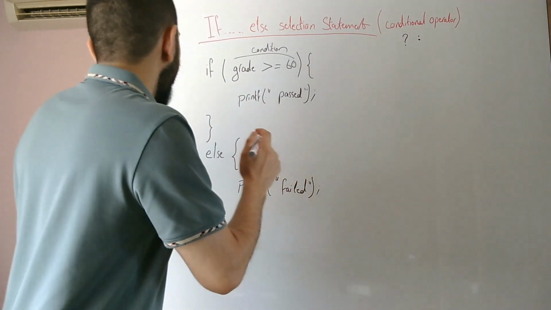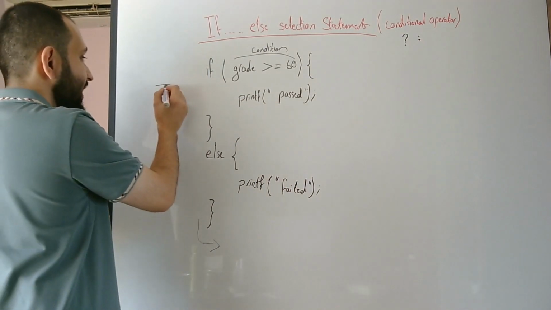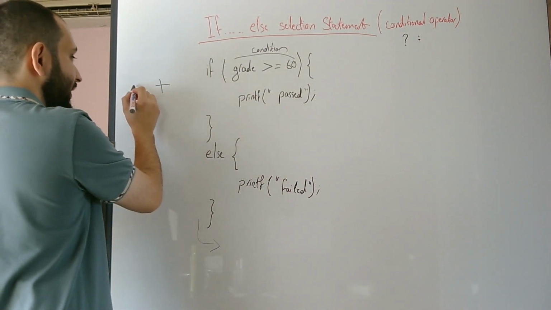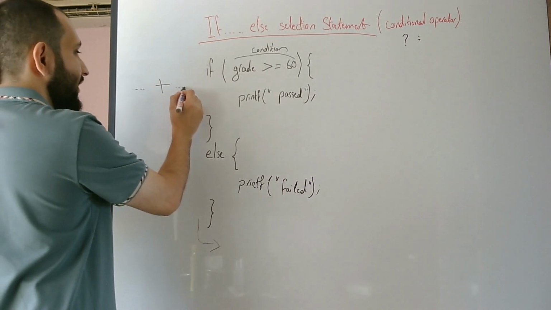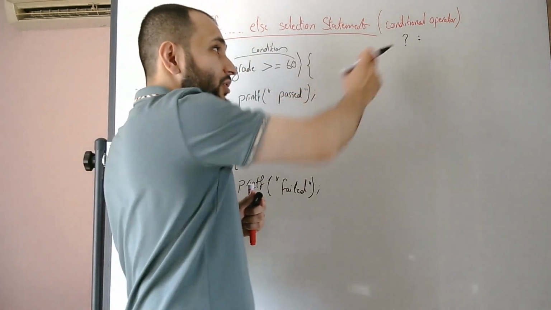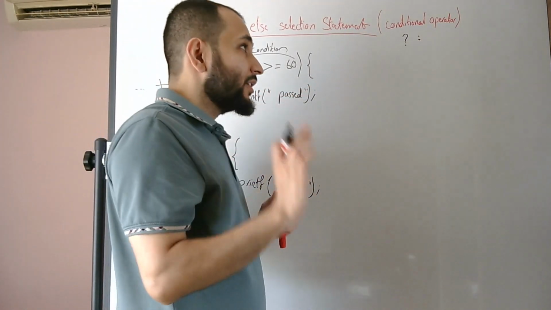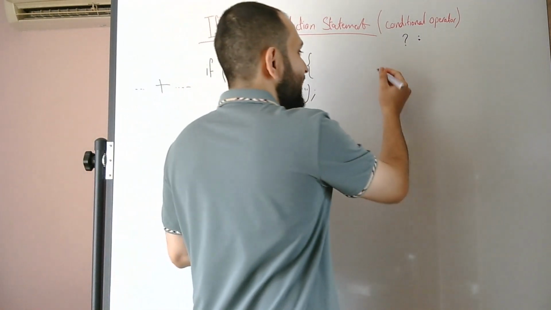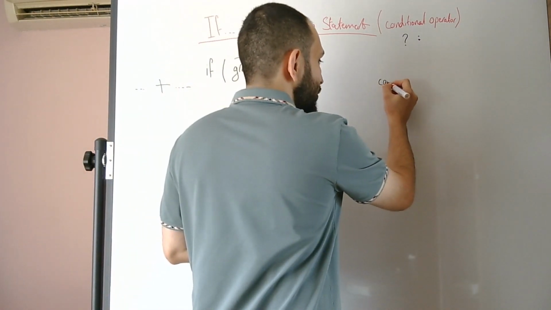For example, a plus sign is a binary operator. It takes one operand in here and it takes another operand in here. So this is a binary operator. But for the conditional operator, this is a ternary operator. It takes three operands. So what it takes is a condition,